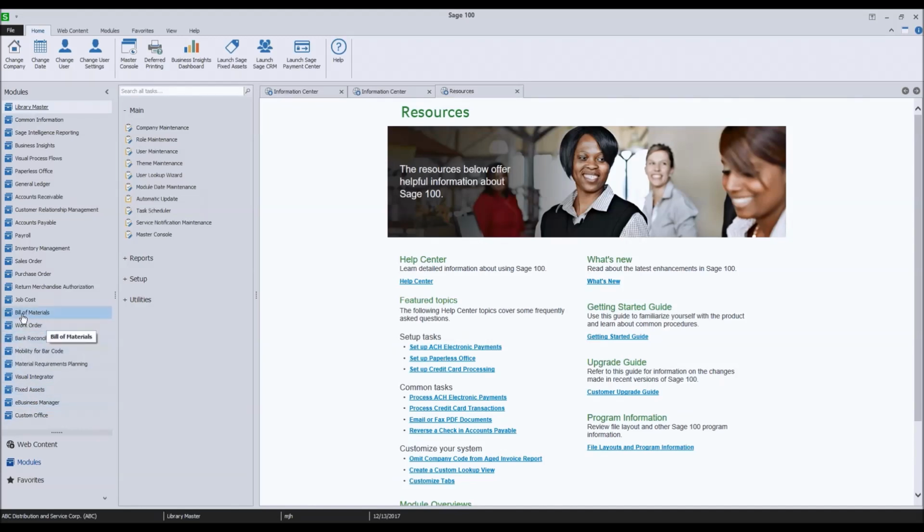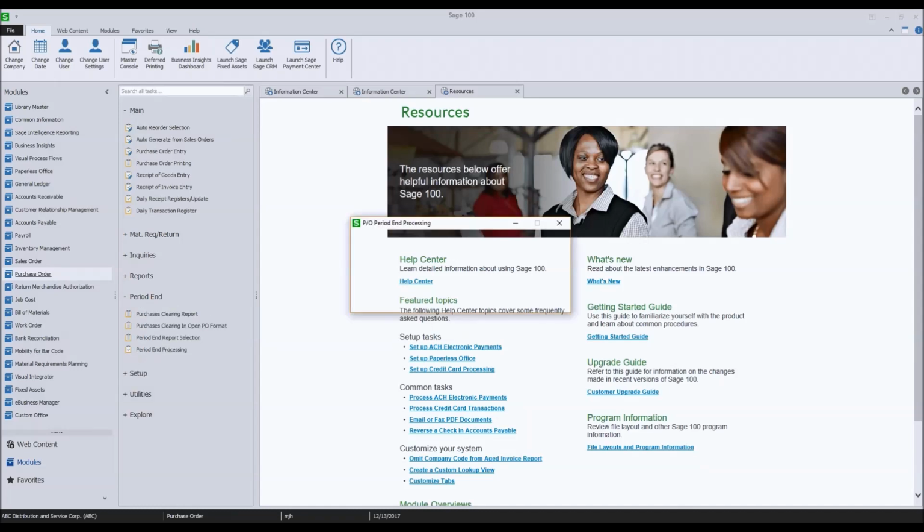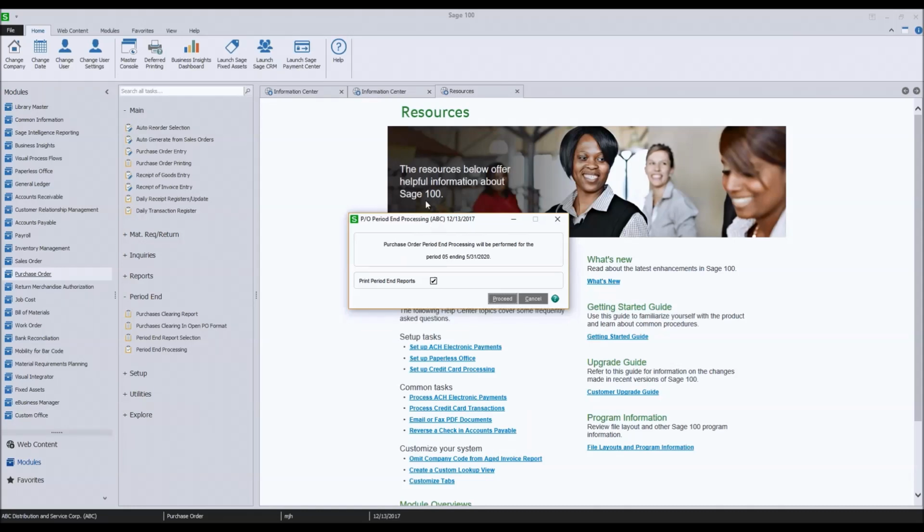And then to start the closing, we're going to go into pretty much the last module. In our case, this one specified going into bill of materials. And we would do our period end, which bill of materials doesn't have a period end processing. Okay, we can skip that. We know job cost is a later one, so again, refer to that listing that I have in your handouts, and I'm going to start at purchase order because I have a period end processing here, and I would run the function for period end processing.